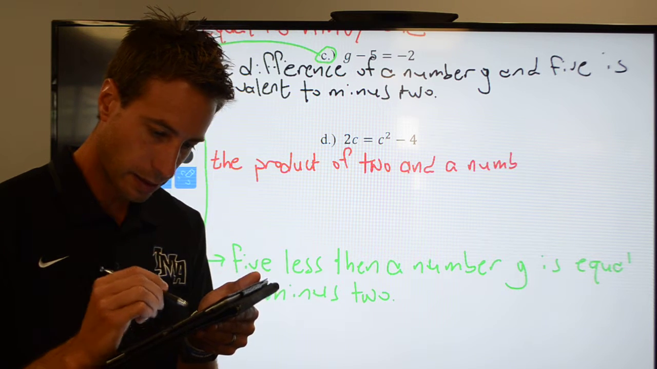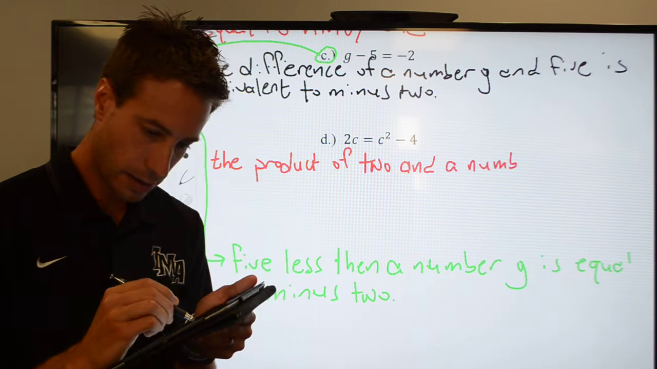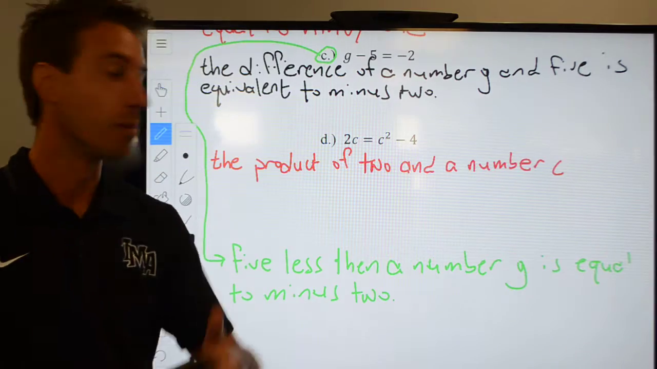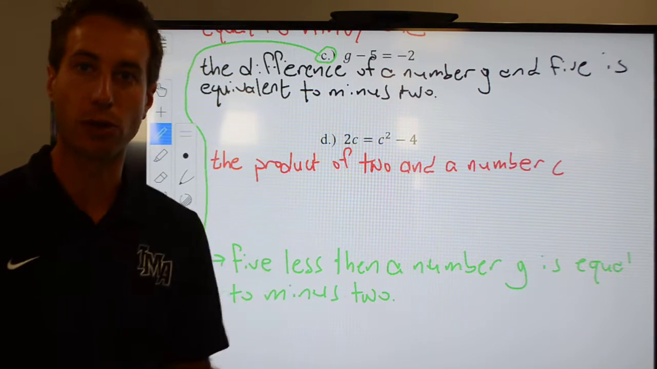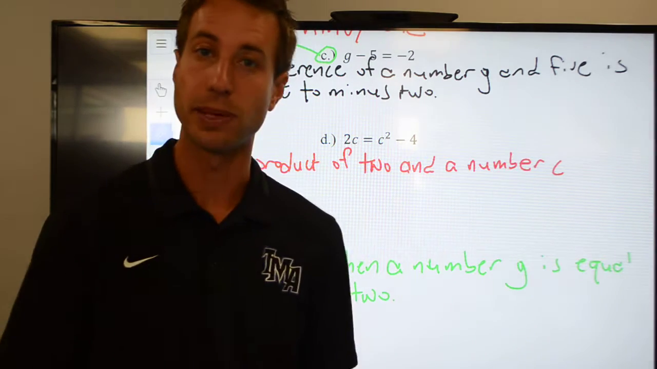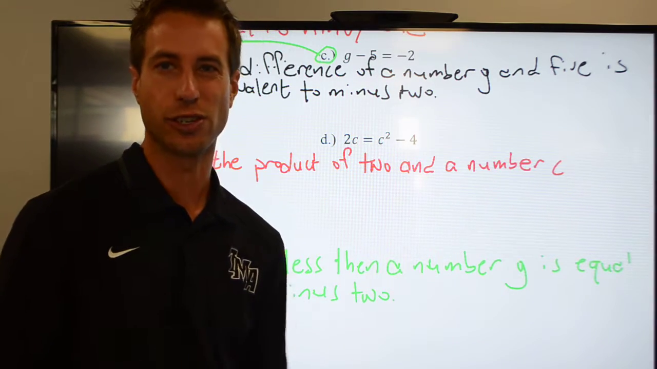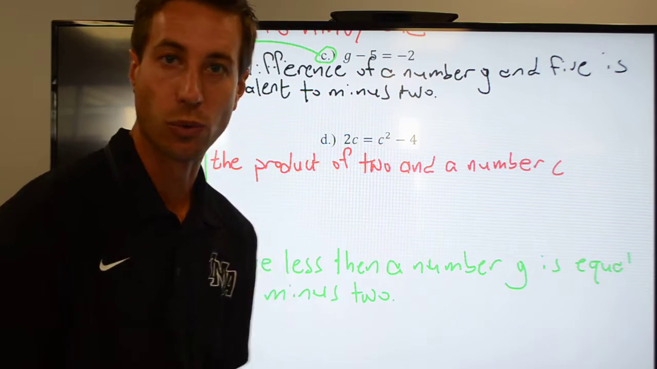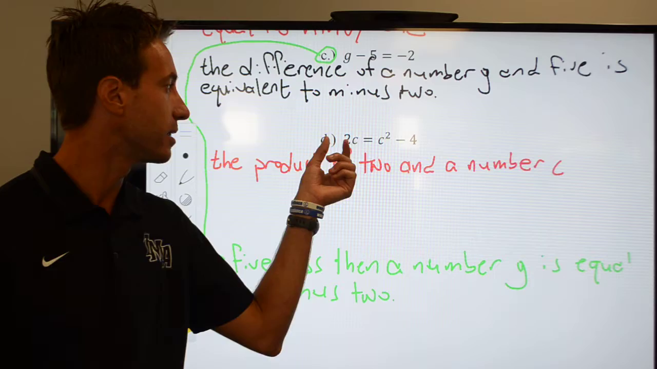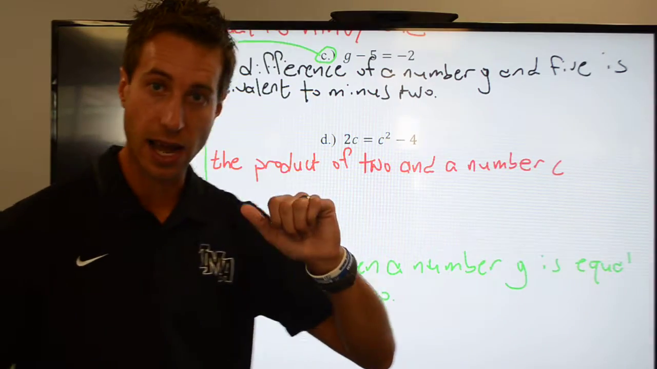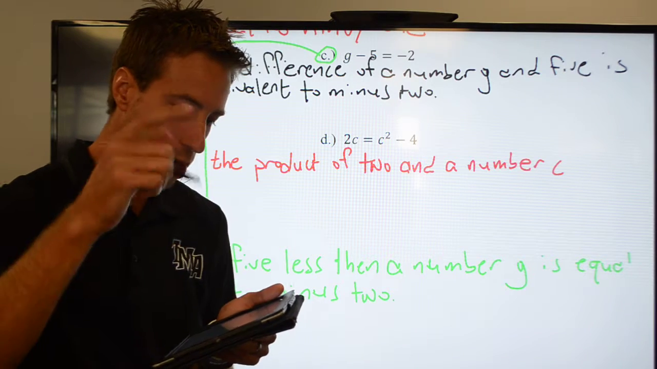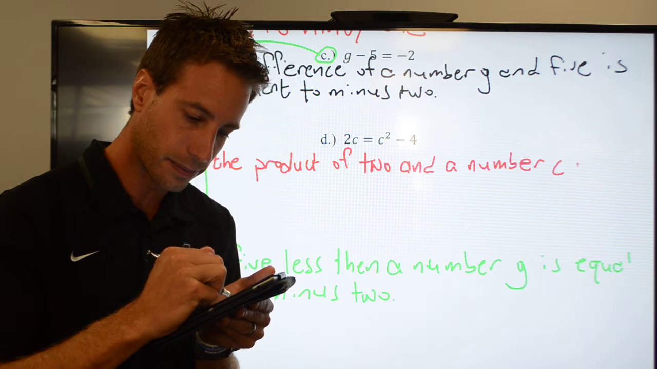Fix my mistake: the product of 2 and a number c. All right, so much better. I'm telling you it's multiplication without telling you more than once. Sorry about that. Try not to be redundant in these sentences, because then you're wasting your time writing words you don't need. So we have the product of 2 and a number c, and that is the right-hand side of this equation. We'll go ahead and use equivalent. So the product of 2 and a number c is equivalent